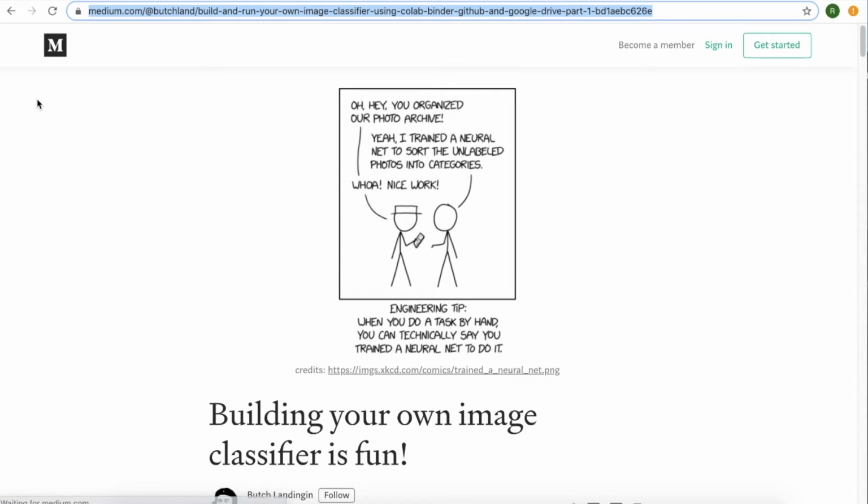Hi, welcome to building and running your own image classifier, a tool to classify images using deep learning. My immediate goal is to help you build and run your own image classifier using free resources on the internet. My longer-term goal is to show you that the field of deep learning is for everyone,